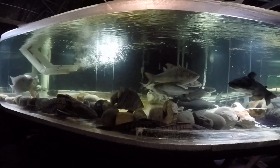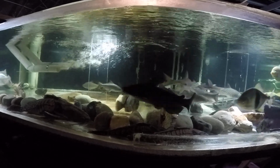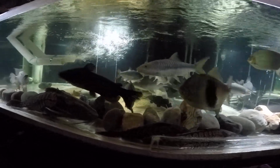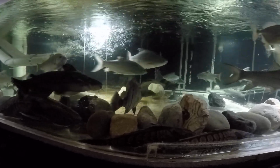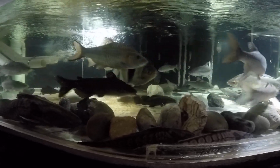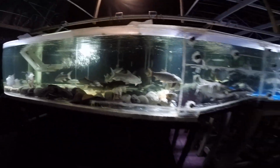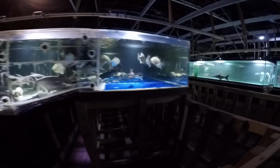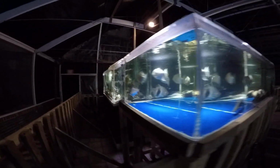They came tiny, like 3.5 inches. So from 3.5 inches, this Indo-Datnoid tiger grew to about, looks like about 14-16 inches, which is a very good growth. But this one took to pellets right away and fish,